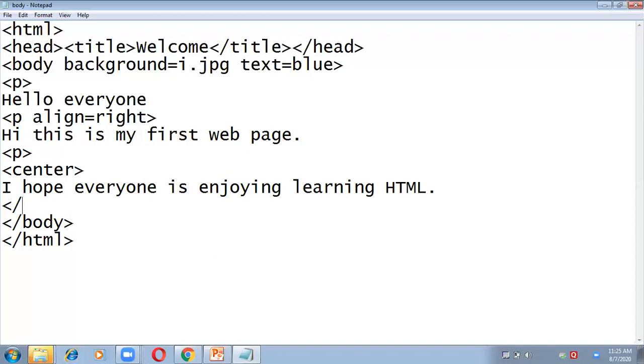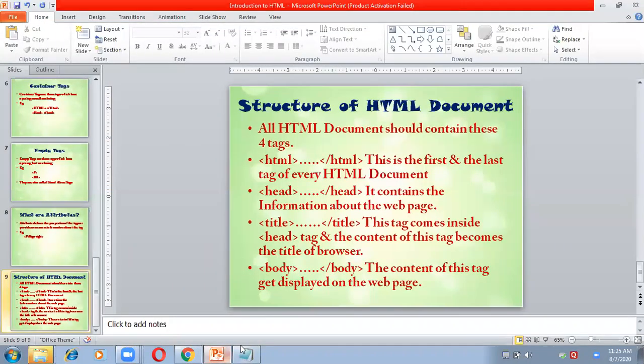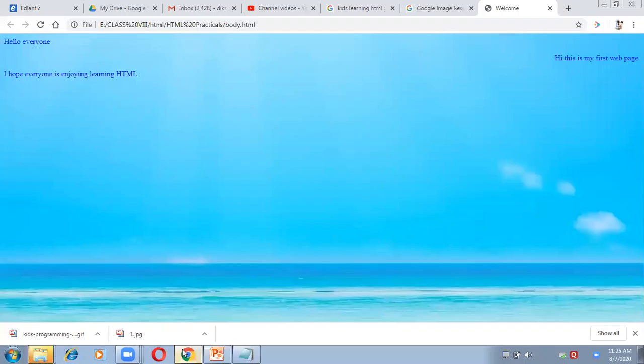And center tag is not an empty tag, so it is compulsory to close it also. Save and check. Press F5. Okay, now first line is coming on the left hand side, second line is coming on the right hand side, and the third line is coming in the center of the screen.